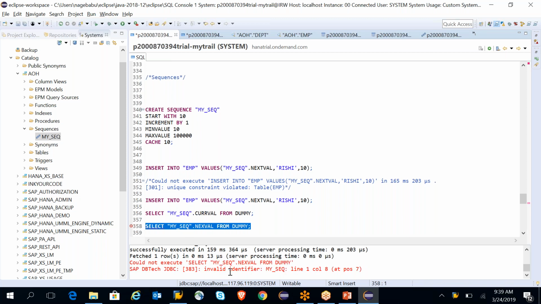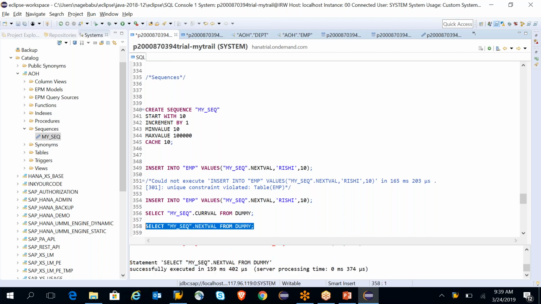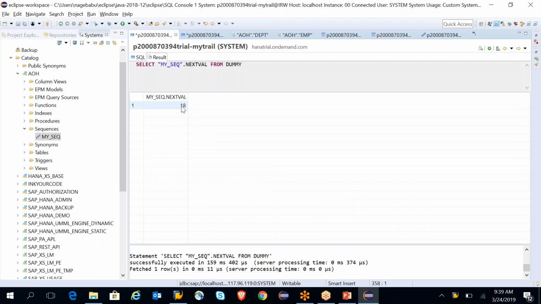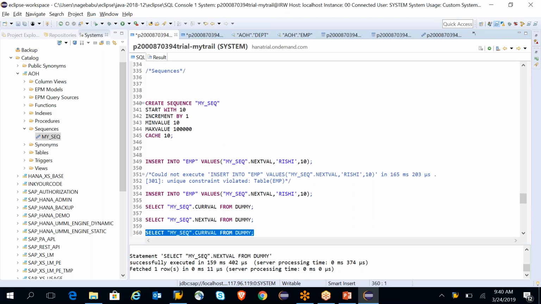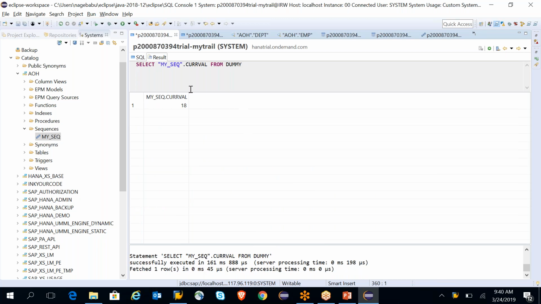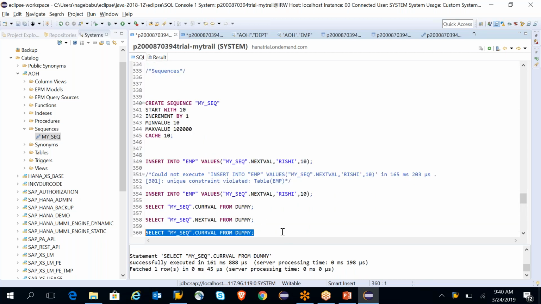It is saying invalid identifier sequence next val F8. The thing is, here the next value generated is 18. Now if I again go back to this and copy paste this current val, it should get 18, right? So now to again get